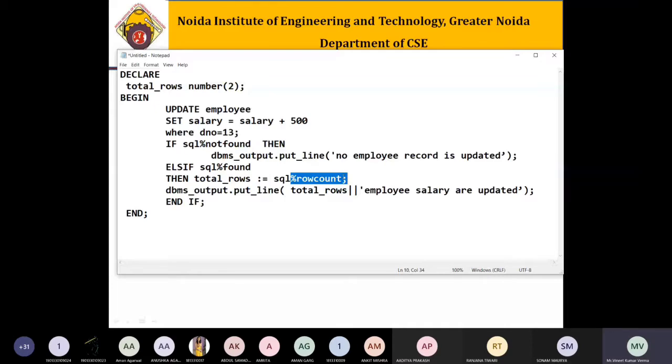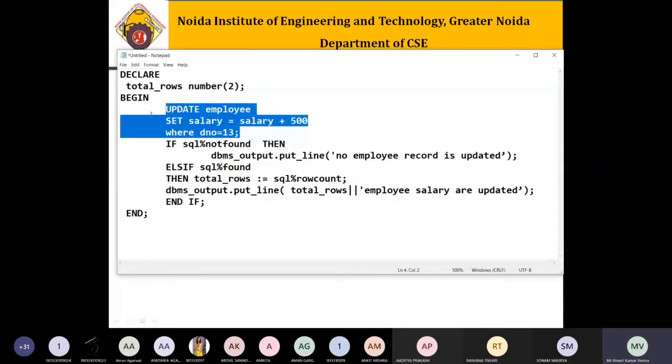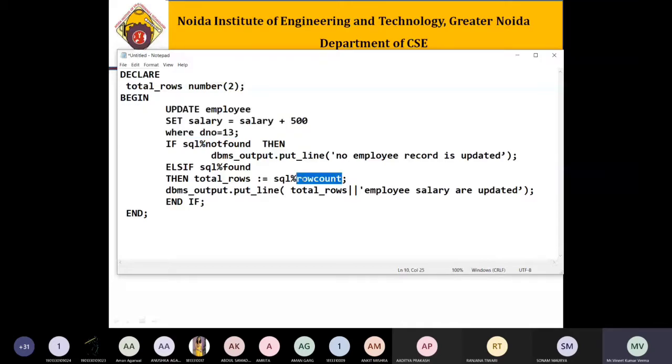Here we have seen how many rows are updated, because we are updating something in that, right? This row count will provide that. So row count basically provides the number of rows affected, that is, how many rows are affected, that is what it will provide you, right?